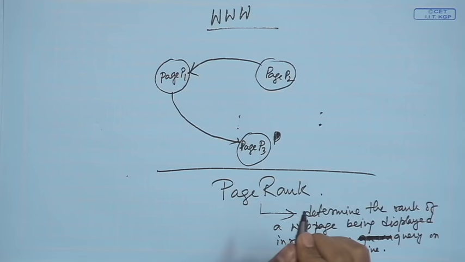Fine. So, this is what this algorithm tries to do: assign importance to each individual page, so that whenever there is a search query, the pages that are returned could be sorted in terms of their importance. Okay. So, the basic idea is again same as we have discussed for the case of the